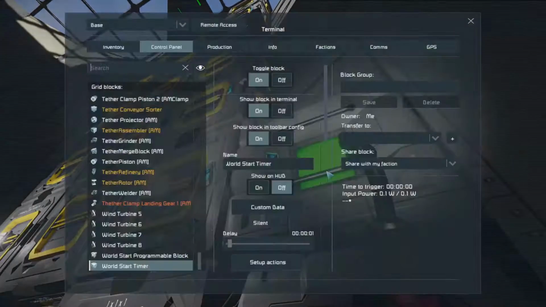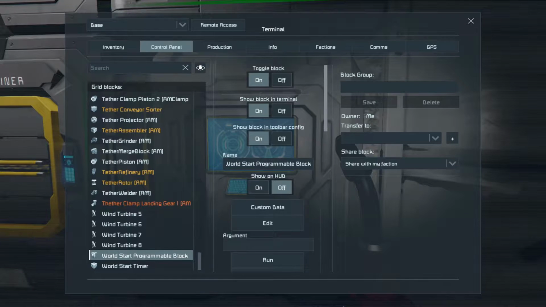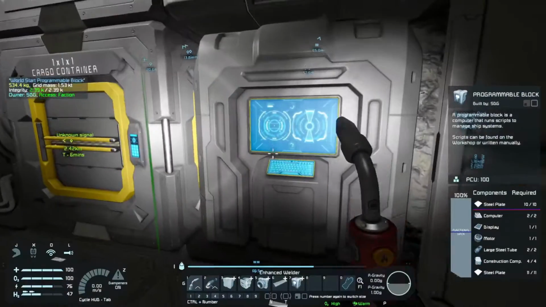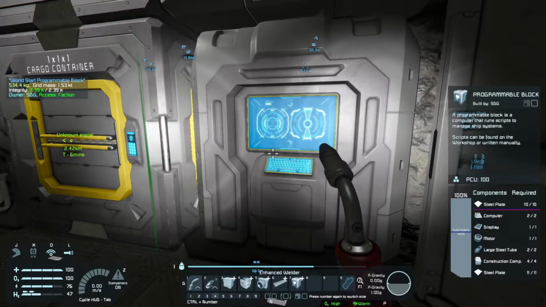What we want to do is go... Start. Let's look in here. Did I miss it? I want to check that it is actually running. So what I'm gonna do, I might turn the sound off. Hang on. Let's switch out. So...